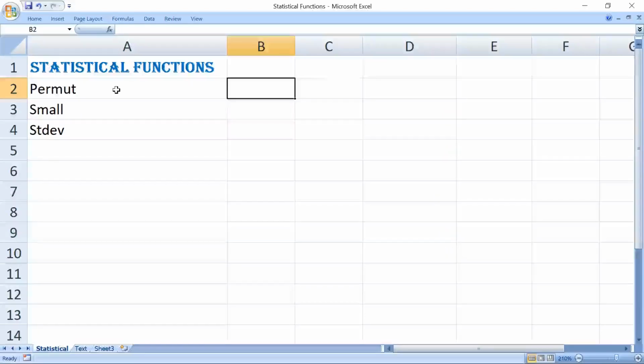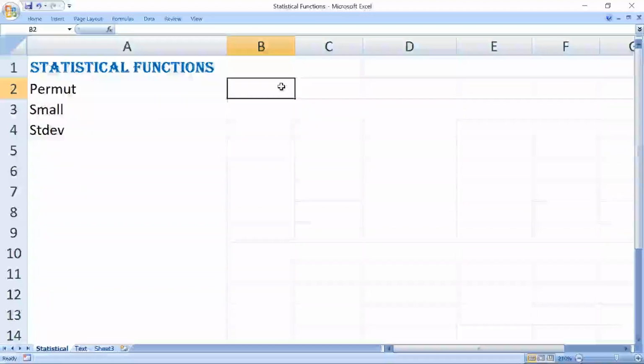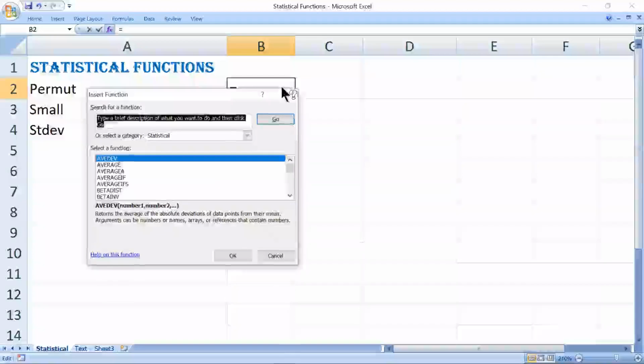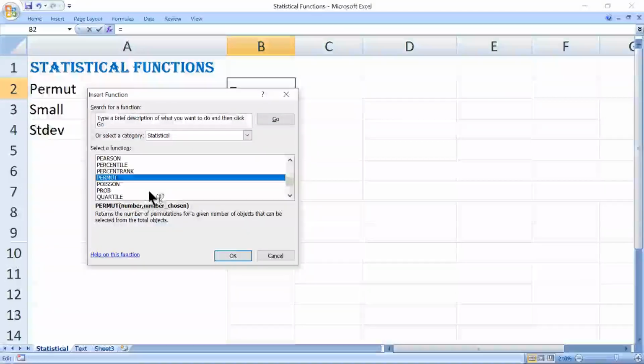Next one is PERMUT. Permut indicates here permutations. This function returns the number of permutations for a specified number of items. Let's see the example for this particular function. This particular function will take two different parameters.